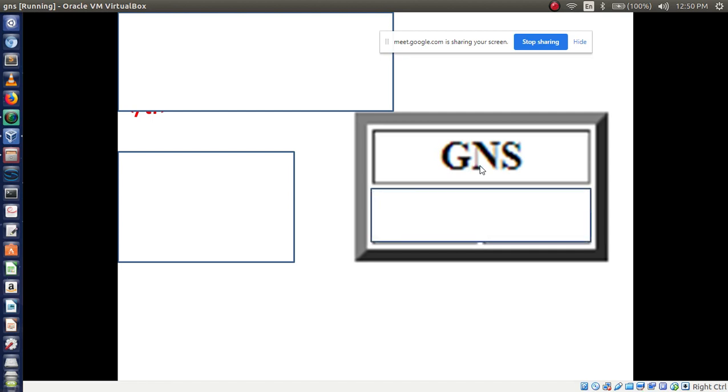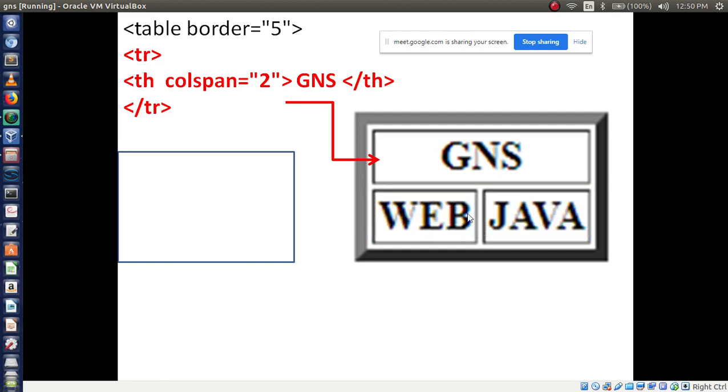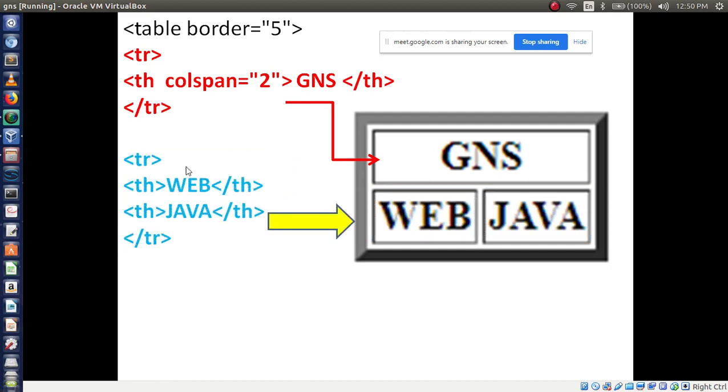See, table border, tr, th, column span, here I am using the name colspan. I need to merge 2 columns, so for that purpose I am giving the value 2, then GNS. Then in the next row I am going to write web and Java, under a different tr tag.